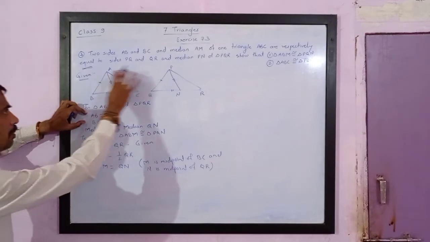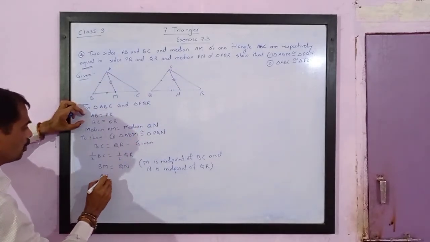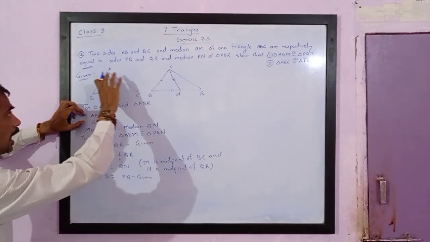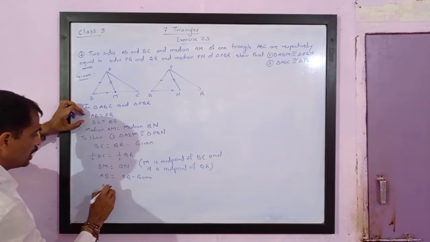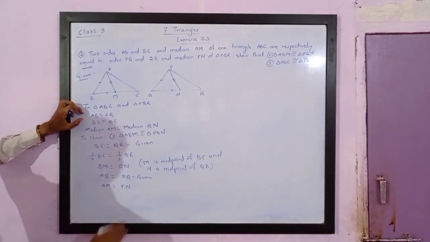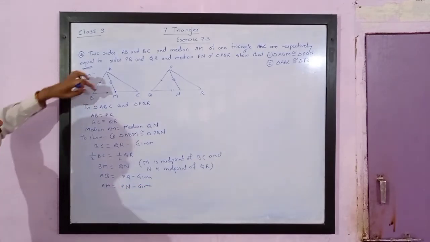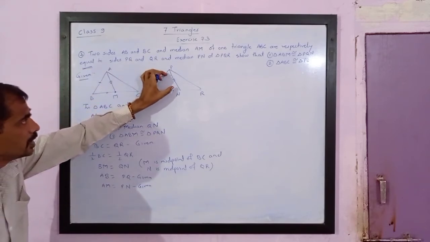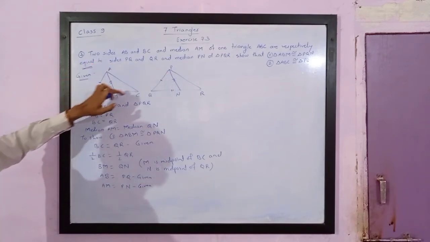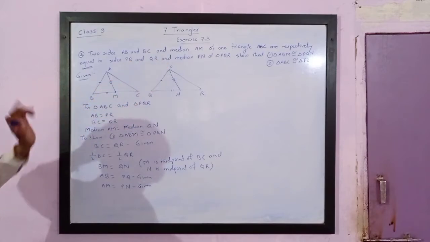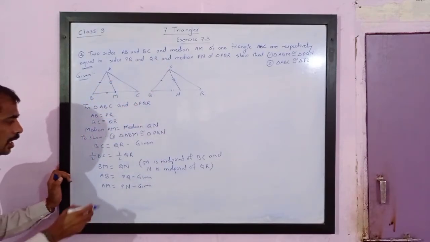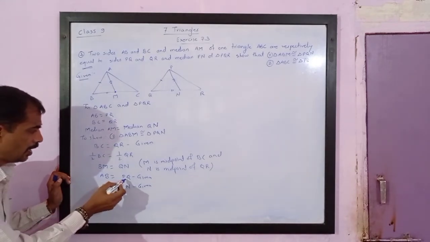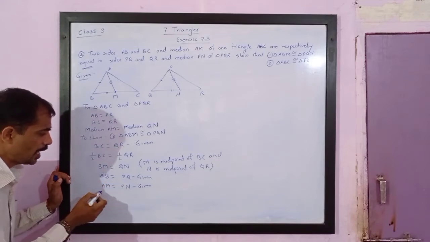Now we are given that AB is equal to PQ. This is given to us. We are also given AM is equal to PN. Watch carefully. We have got BM is equal to QN, AB is equal to PQ, and AM is equal to PN. It means triangle ABM is congruent to triangle PQN. But be careful about one-to-one correspondence. Here you can see AB is equal to PQ and AM is equal to PN.